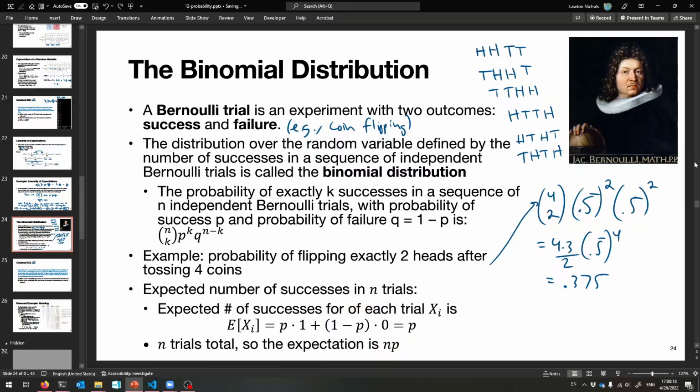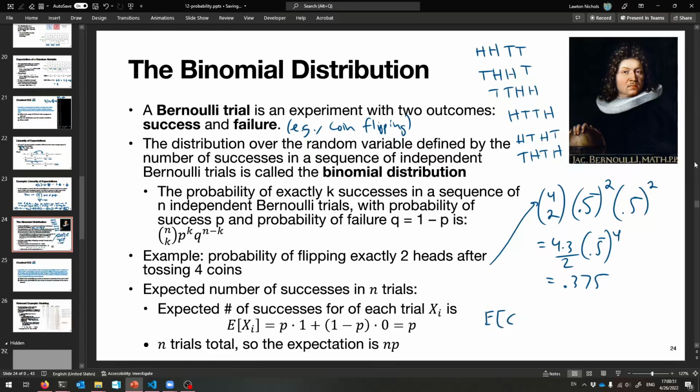And so this random variable is a 1 whenever it's successful, and it has a probability of success p. Well, the answer for this expected number of successes then is p itself. Okay? And this is very easy to think about now. So if you have n trials total, the expected number of successes is n times p, if they're all the same, that is. That's because of that linearity of expectation. So for example,